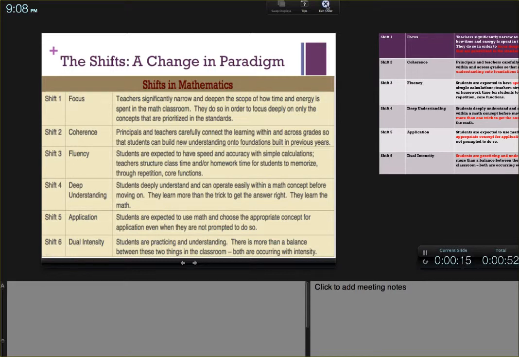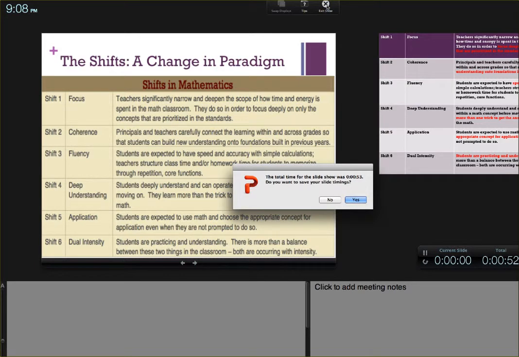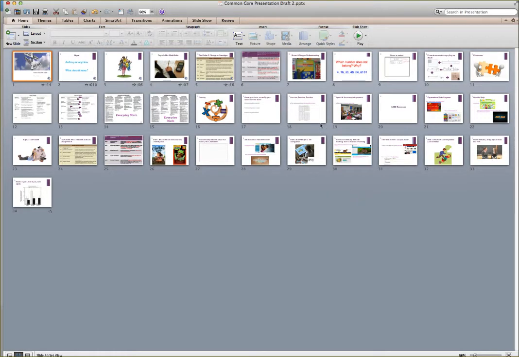Once I'm done, I'm going to click Exit Slideshow, and it's going to ask me, do you want to keep this total time for the slideshow? Now, I've only talked 53 seconds, but of course you can go on as long as you want to. So I will click Yes. Okay, now if I go ahead and play the slideshow,